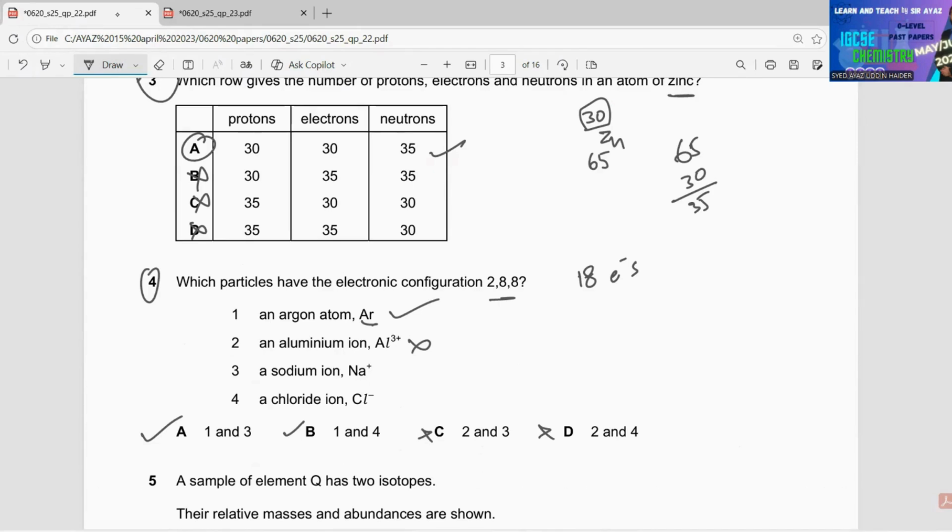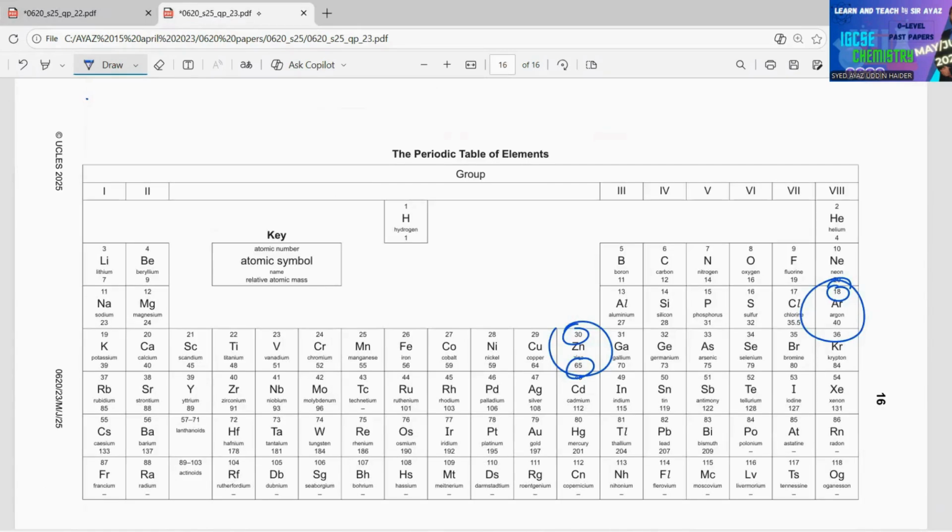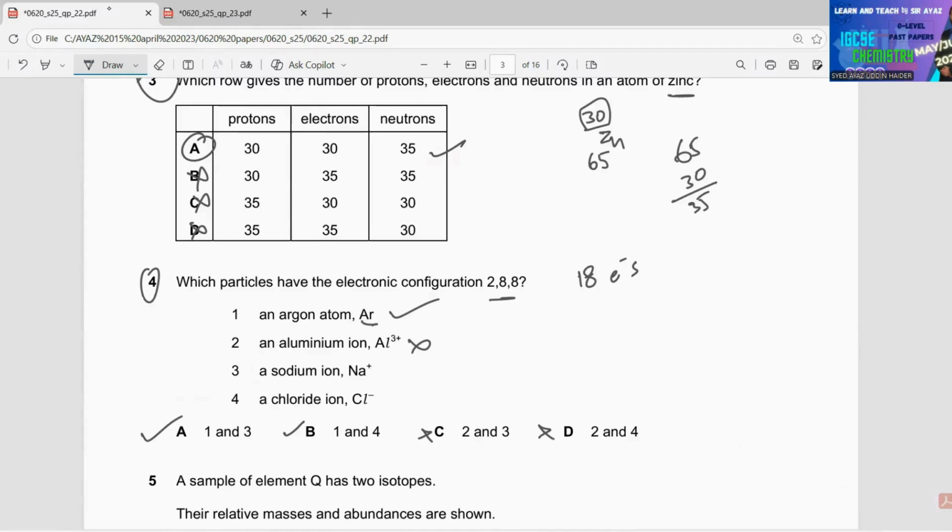For 3, sodium ion, Na+. Where's sodium? Here's sodium. 11 is the proton number, which means that it must have 11 electrons. And for Na+, the electrons will be 10 electrons, which is incorrect. So we are left with chloride ion,